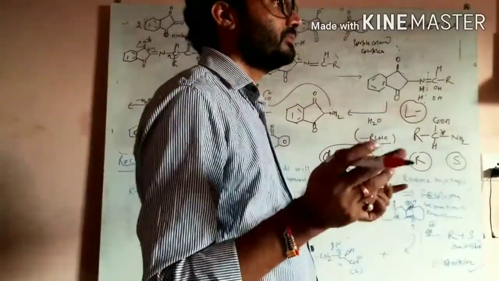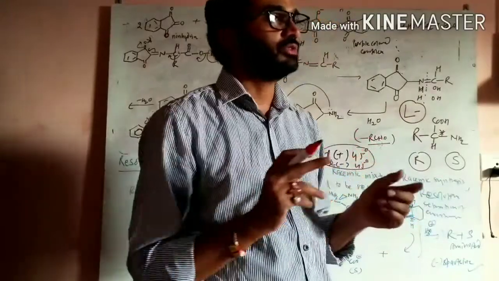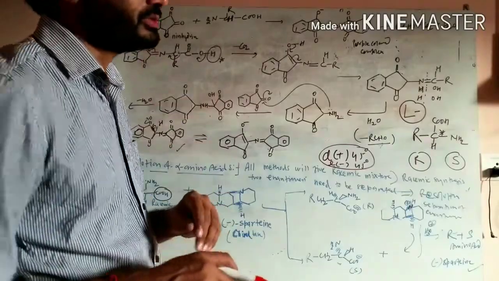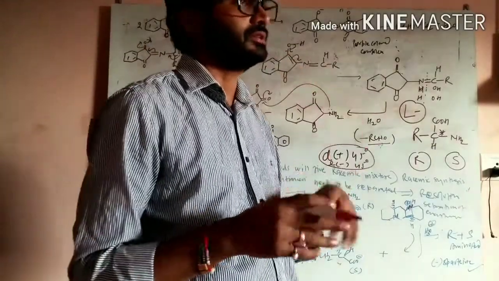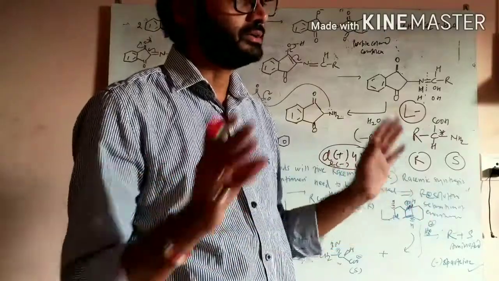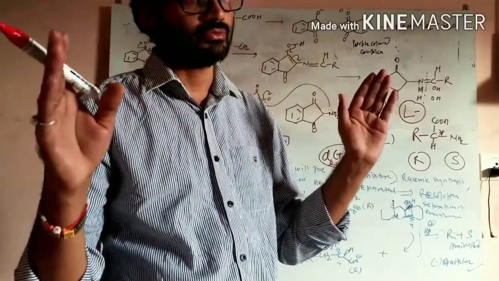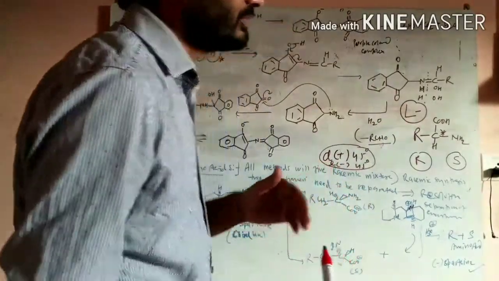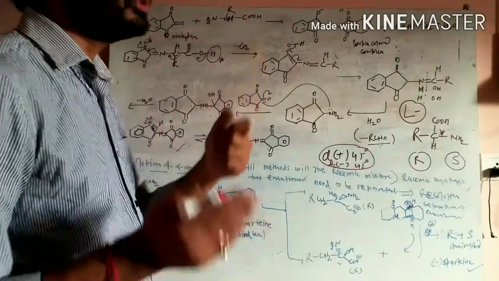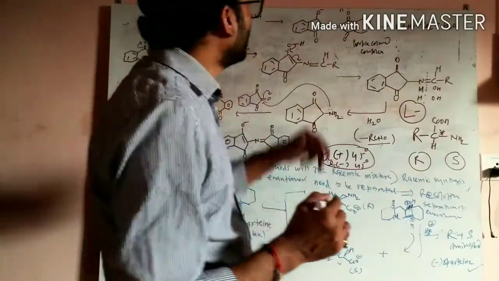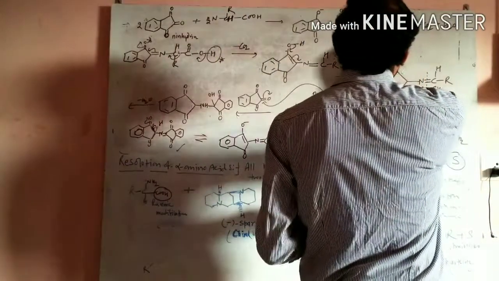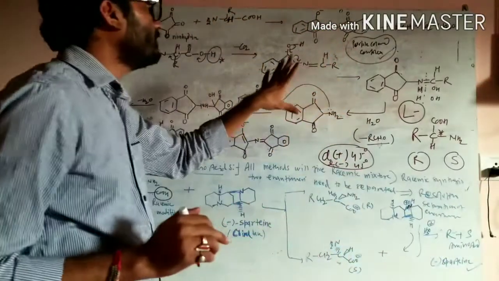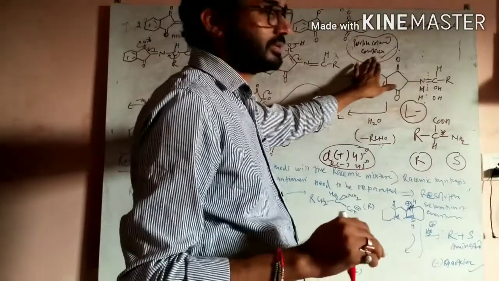After applying the electric field, we know that the positively charged amino acid will migrate towards the negatively charged electrode, and the negatively charged amino acid will migrate towards the positively charged electrode, and the electrically neutral, that is the zwitterionic form, is not going to migrate. In this way they are separated out on the filter paper. But how can we visualize them? After separation, we spray ninhydrin solution. We know that ninhydrin reacts with the amino acid and they form a purple color complex, and this complex is clearly visible. Okay? Now, what is the mechanism of the formation of this purple color complex?